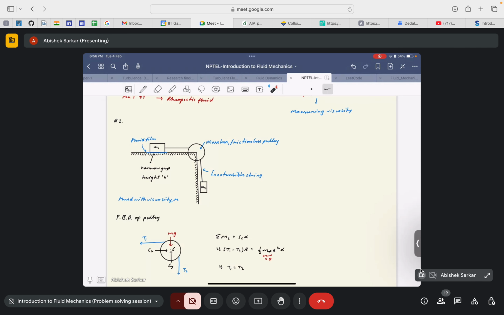Thus we have modified this expression considering these two approximations. Then substituting the value of this T1 in equation number 1, we can write